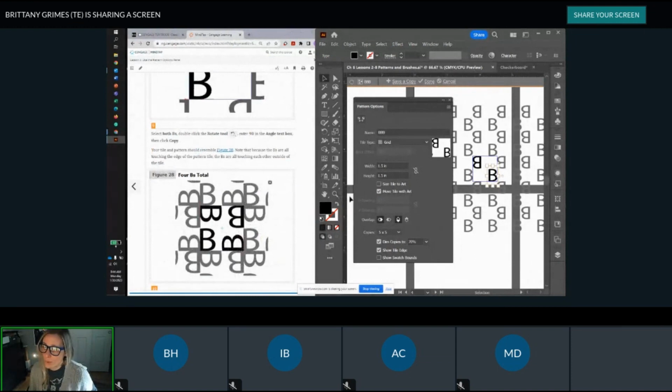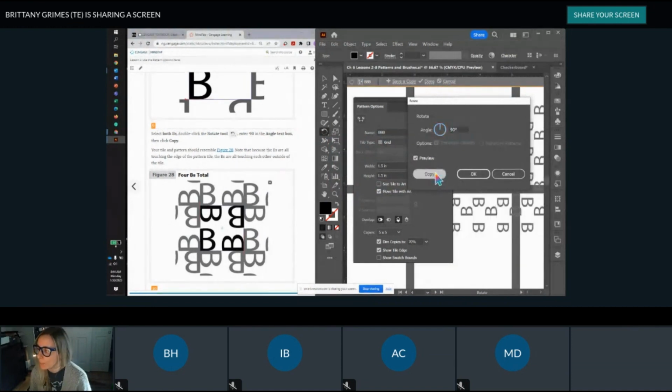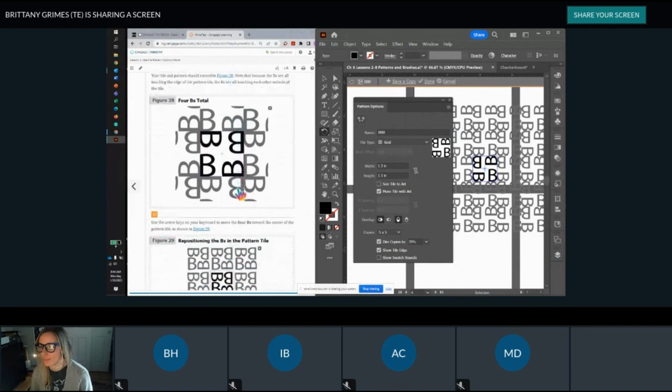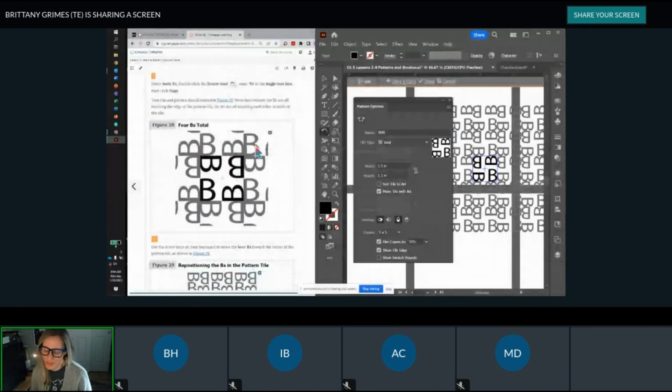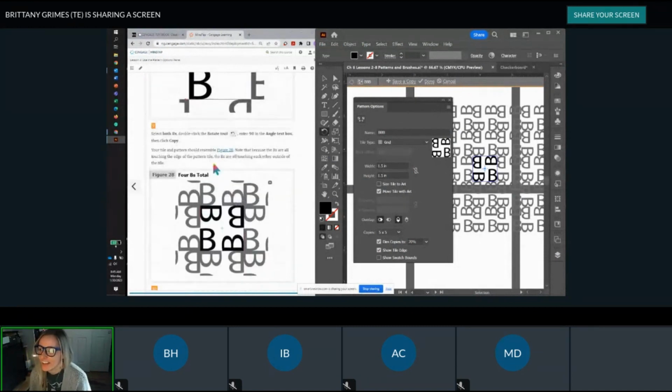All right, now select both bees and then click rotate tool and enter 90. Okay, so shift, click the other bee, then double click rotate, and we'll do 90. And then copy. Now I have 4 bees. Mine are just facing the wrong way. You don't lose points for things like that, just FYI. Okay,